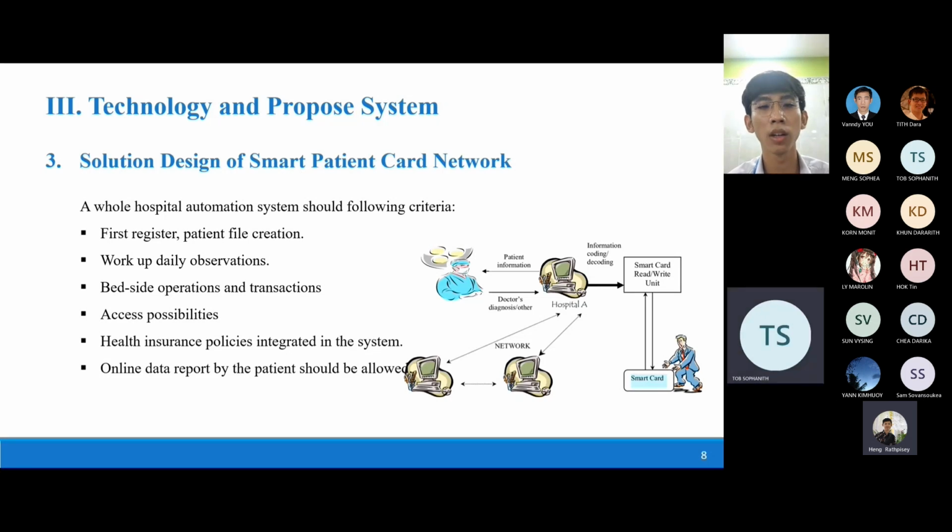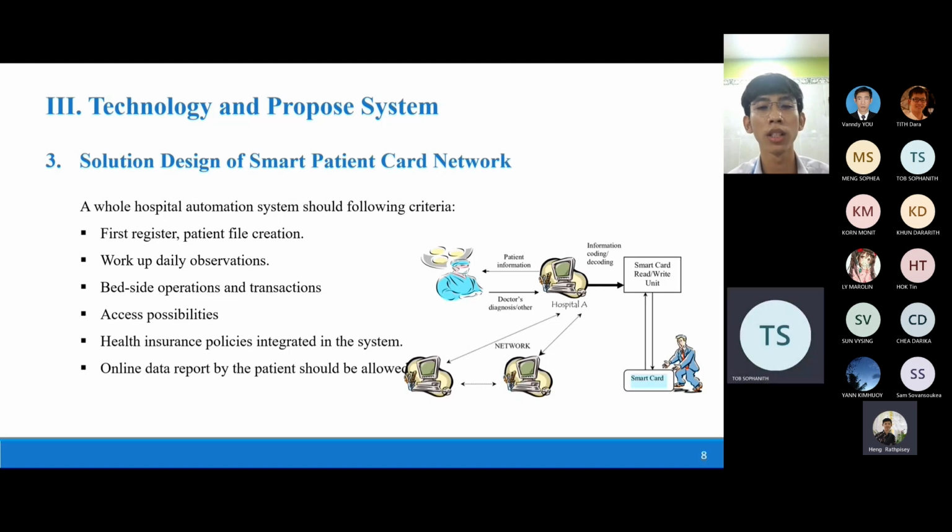The smart patient card includes important medical information of the patient. In addition, the chip contains an encrypted code that points to more complete patient information on the web server and can retrieve relevant information about